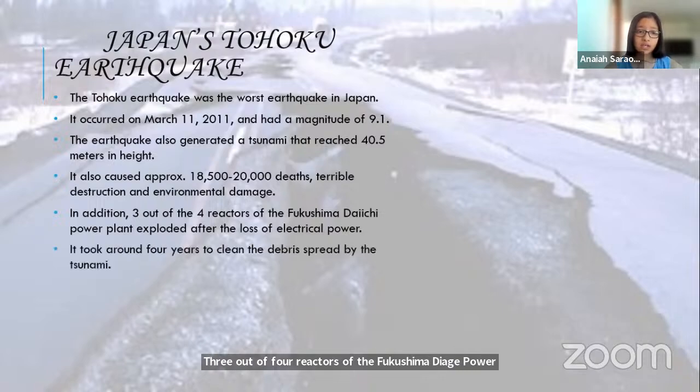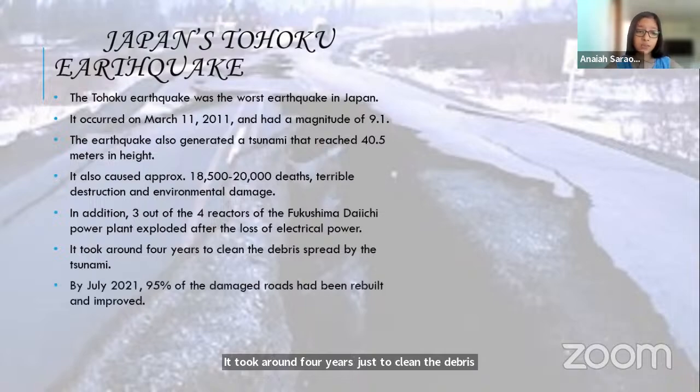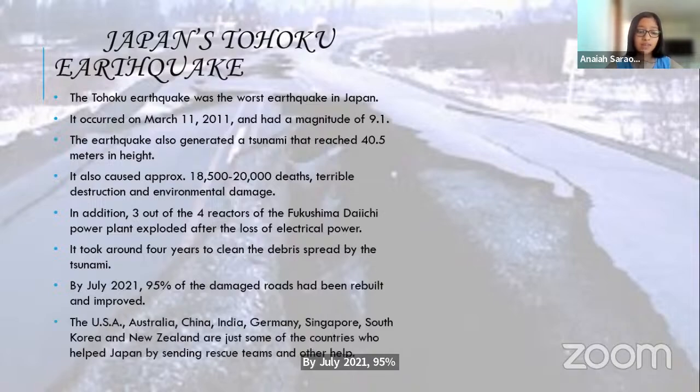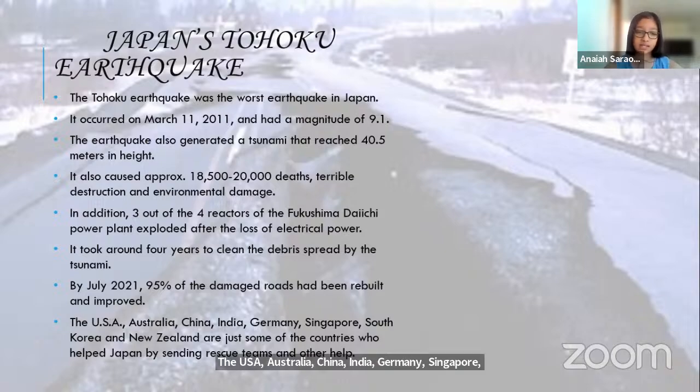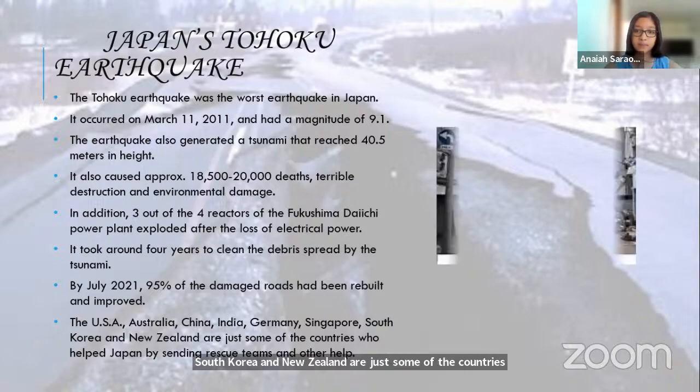It took around 4 years just to clean the debris spread by the tsunami. By July 2021, 95% of the damaged roads had been rebuilt and improved. The USA, Australia, China, India, Germany, Singapore, South Korea, and New Zealand are just some of the countries who helped Japan by sending rescue teams and other help.